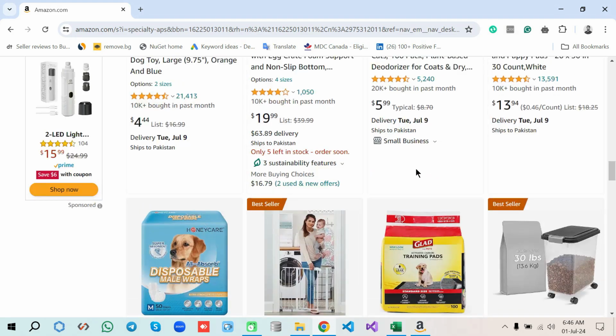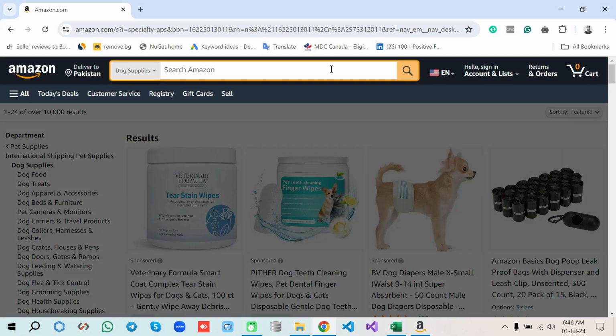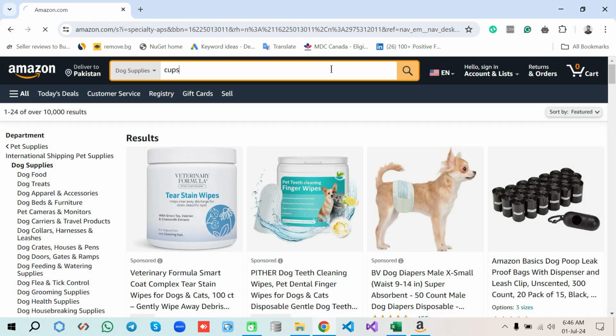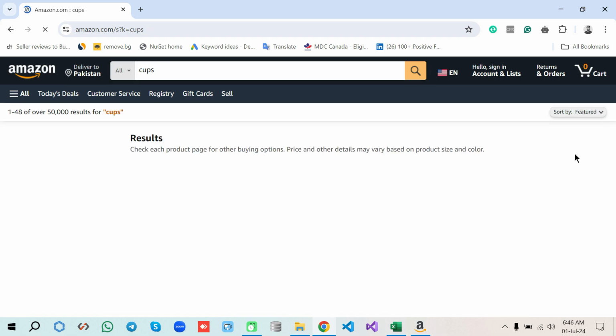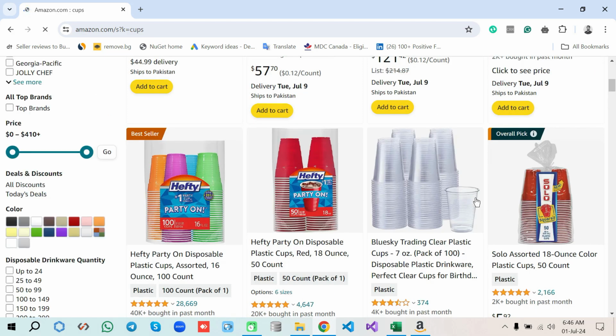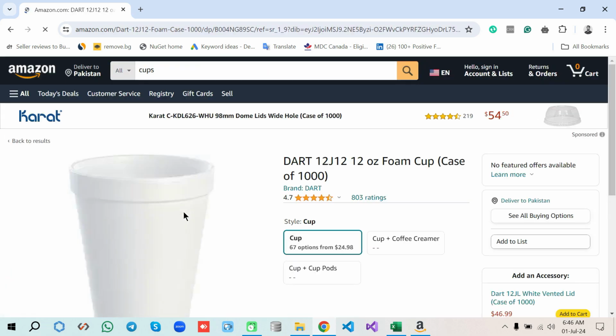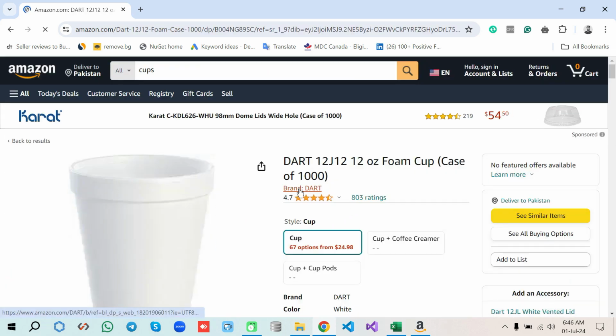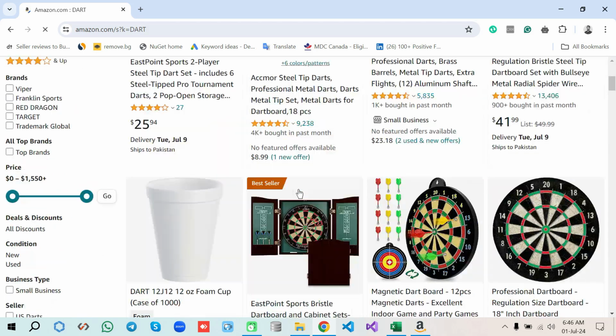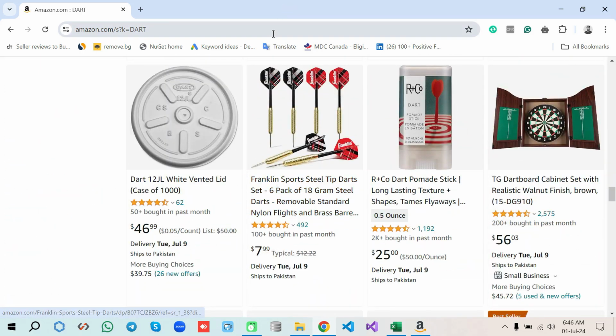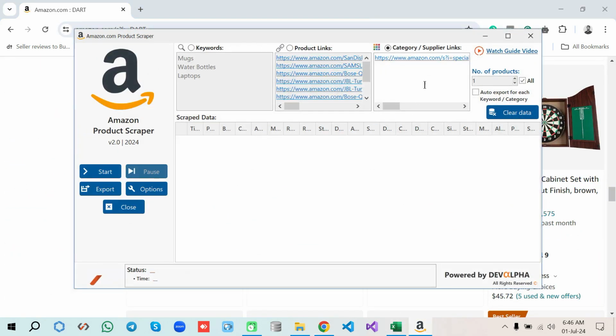And let's choose one supplier link. For example, I type any keyword here and open any product from here like this one, and this is the supplier. Here are supplier products. Just copy this link and paste here, and once you put all of your links, then